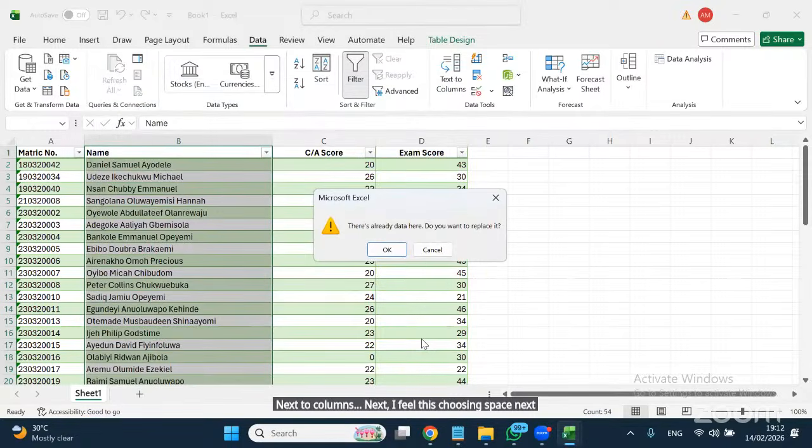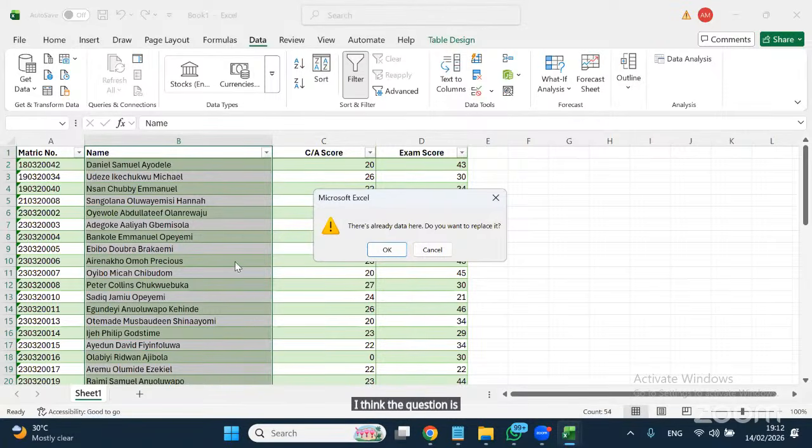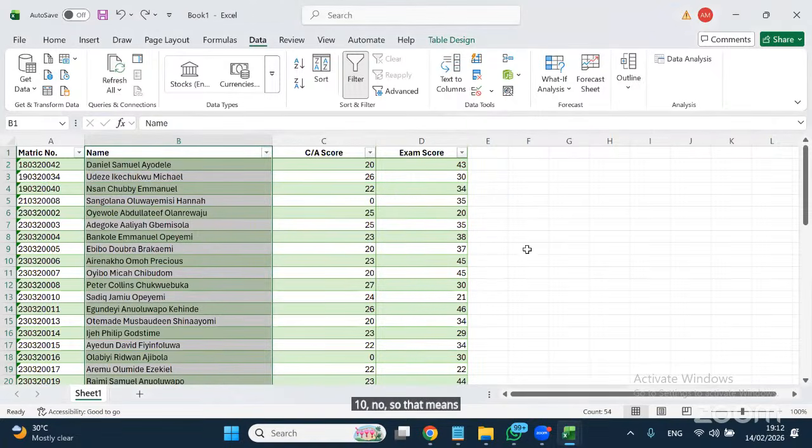Finish. So it's asking me, there is data here. There is a score here. There is something here. Once you divide this name column, I think the question is the two columns that you are bringing might replace this. Do you want to? Say no. So that means